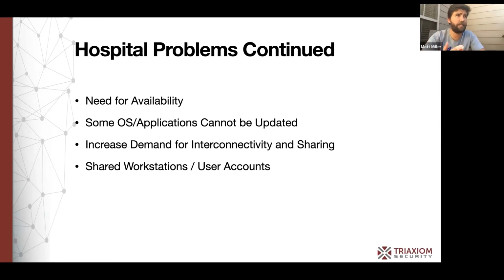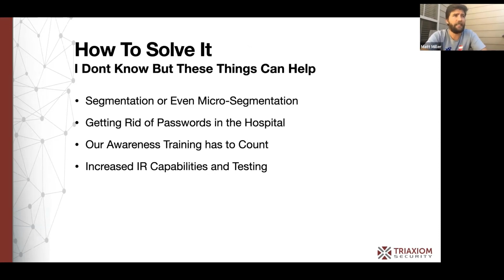Additionally, you have situations where there is shared workstations. The nurses are all sharing the same computer. A lot of times they're logging in with just a shared nurses account, which kind of prevents non-repudiation, et cetera. How to solve it? I don't know. So first off, this is just something that I'm bringing to light, something I've been working on a lot, but